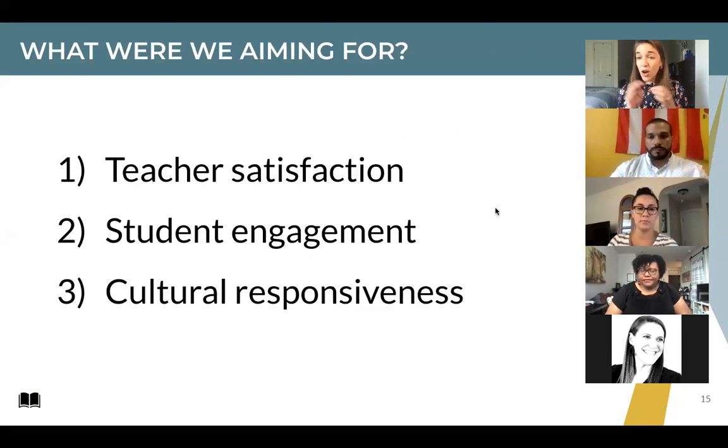And so in our design years, in those 3 years, there were 3 things that I would say were our North Star. The first was teacher satisfaction. We knew that this would make or break our curriculum. And it would also make or break adoption of an openly licensed curriculum. When you don't have a mandate from your school or district, satisfaction and excitement is what's going to drive adoption. And I'll share what some of the predictors were of this, which is really interesting.